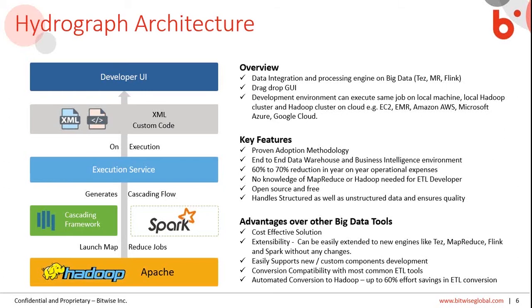From the XML point upwards, what we have done is map every XML tag to an icon in a UI. So we started developing a UI. It's an Eclipse-based UI, and we created these icons for all of the APIs that are exposed in the Cascading framework. And as you drag and drop these icons, as you will see in a few minutes in the actual demo,